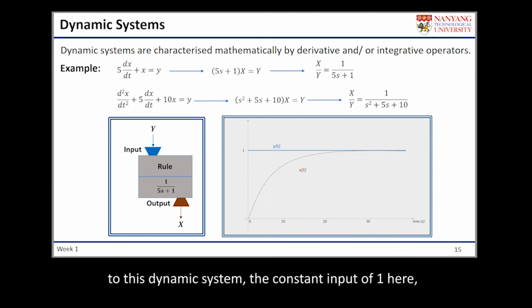But because of the nature of this differential equation, the response, the output of the system, depends also on the past input. As such, the response of the system will not